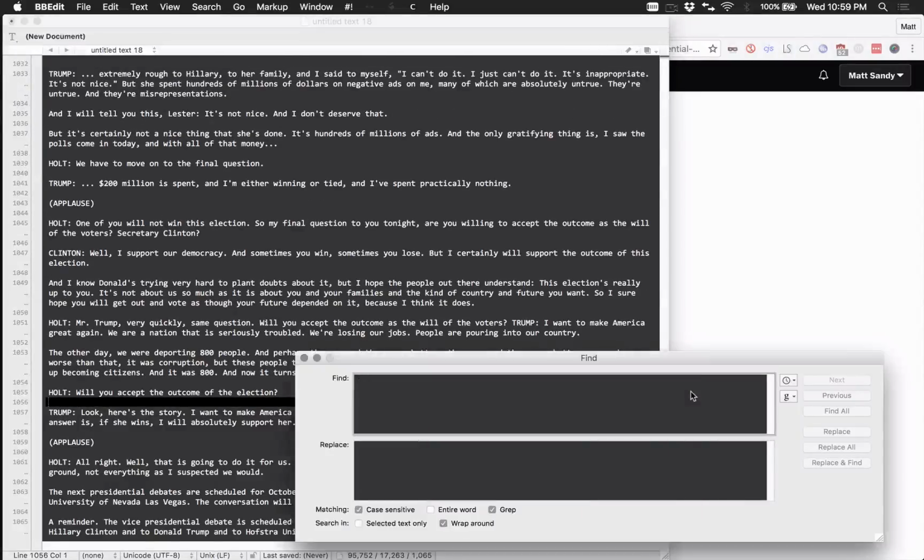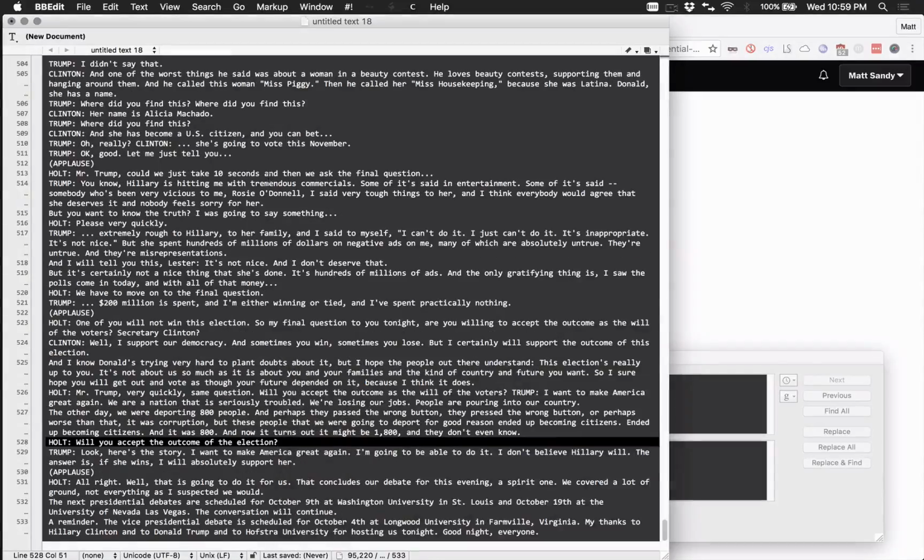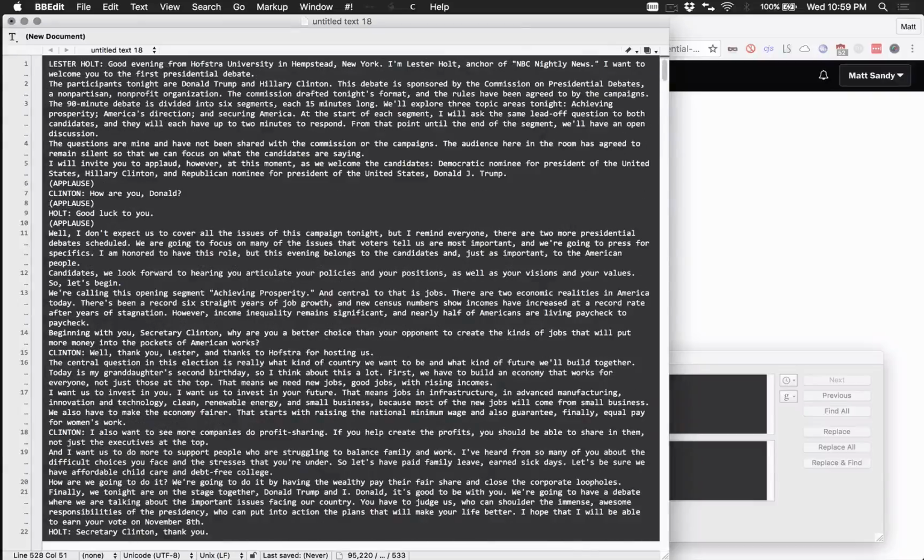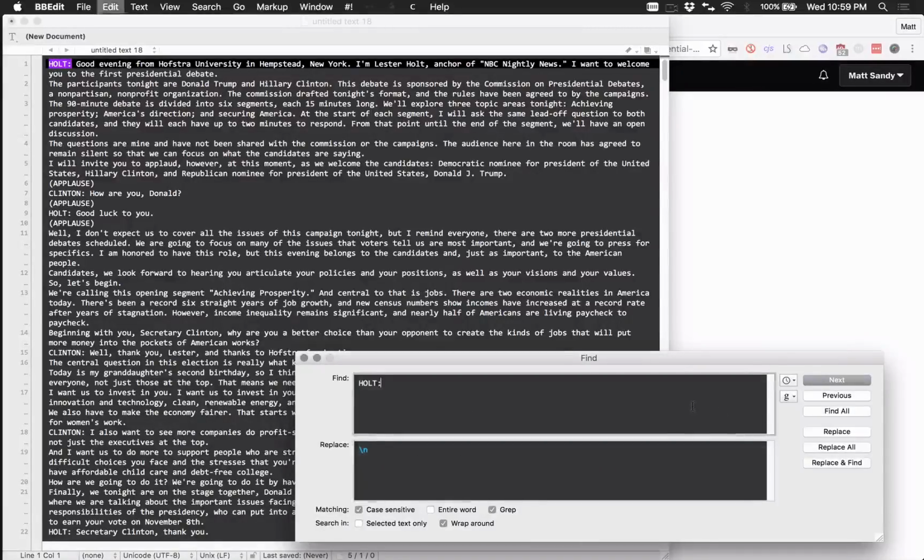Alright. Next step, replace these double lines with a single line. And at the top, Lester Holt was referred to by his full name, but he's only referred to as Holt throughout the rest of this, so I'm going to replace this so that I can replace it once more later. And you'll see me doing that right now. We're going to take Holt, and then this right here finds everything after Holt comma, and you'll see while we're doing that in just one second.